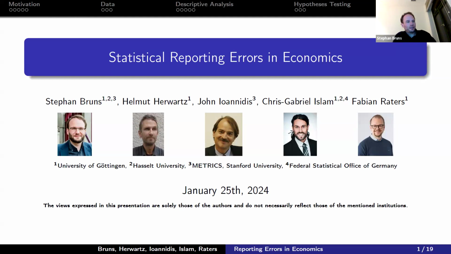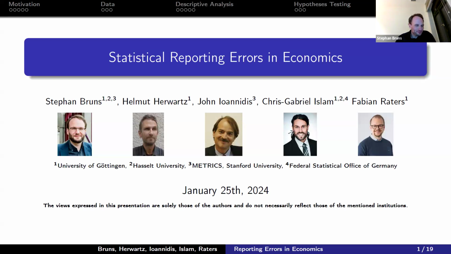I first stumbled upon reporting errors when I was part of a team of 15 PhD students. We were interested in analyzing biases in economics, and we were coding a lot of coefficients, standard errors and eye catchers from regression tables. It was my duty to check the quality of the data. So everybody was sending the data to me, and I thought it's a nice idea to check whether the coefficients and the standard errors are actually consistent with the eye catchers that the other